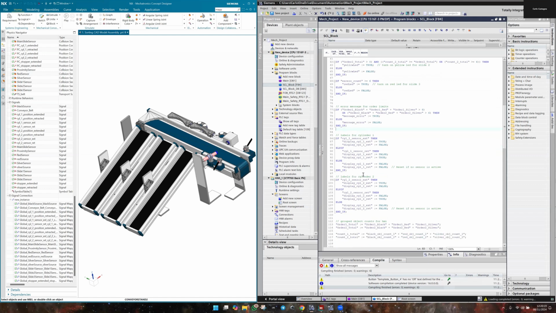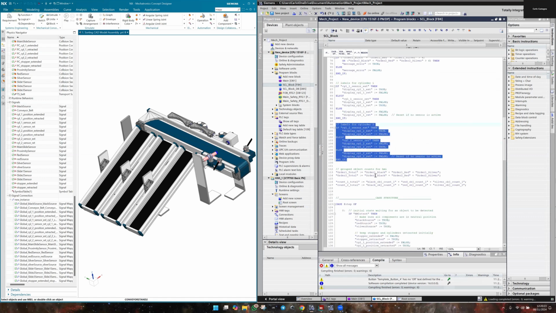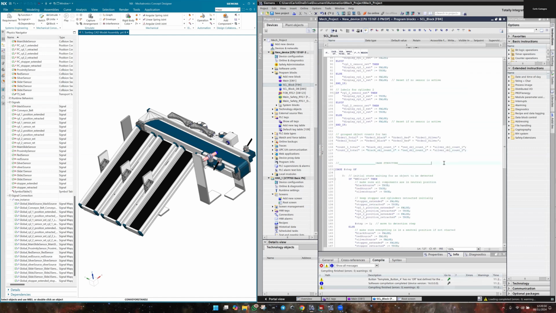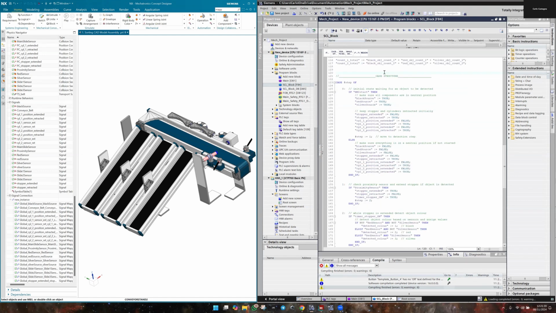We have placed here labels for cylinder 1 and cylinder 2 to show if they're either open or retracted. And this is to sum up the order totals and the counts total with all the variables. Here we start with the case structure. The first step, step 0,